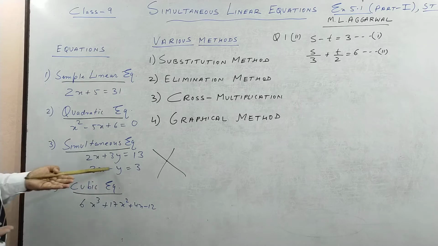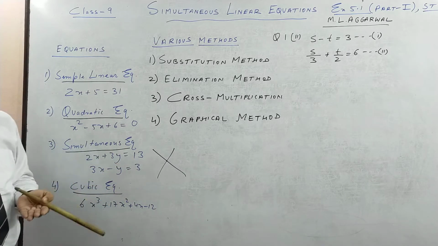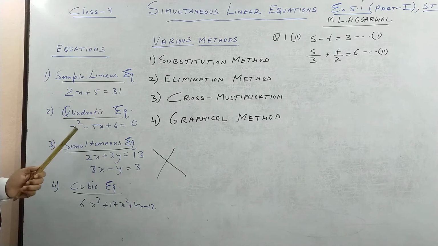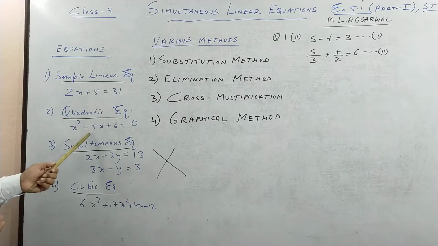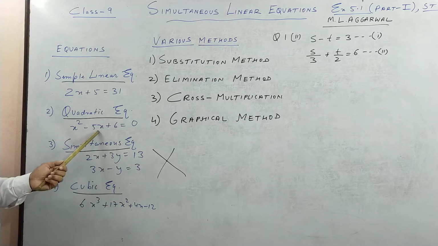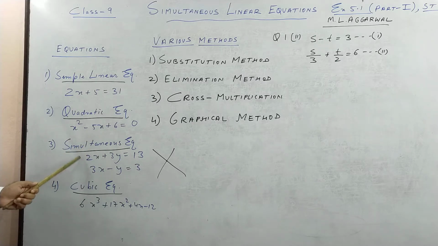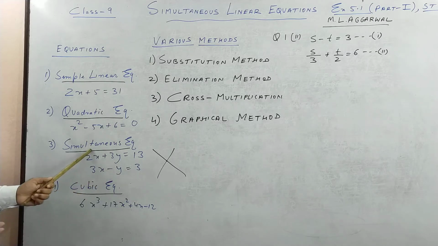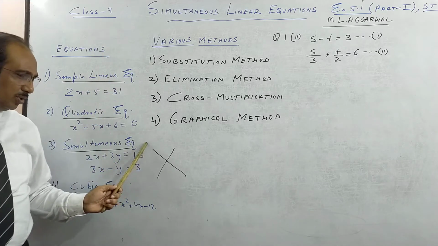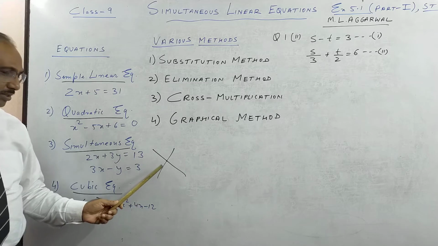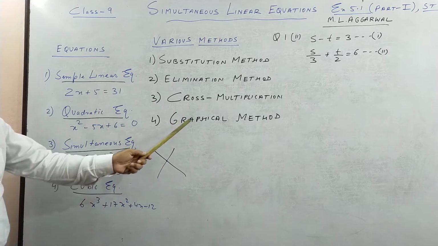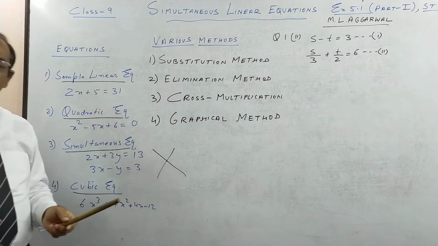Equation means when two things are equal. Equate means to make them equal. So quadratic equation you will see again, which you have seen in factorization a little bit. And now we are doing simultaneous equation. What is very peculiar about simultaneous linear equation is, as I told you, you will get two lines and generally they intersect at a point, and that point, if you do by graphical method, is the solution.